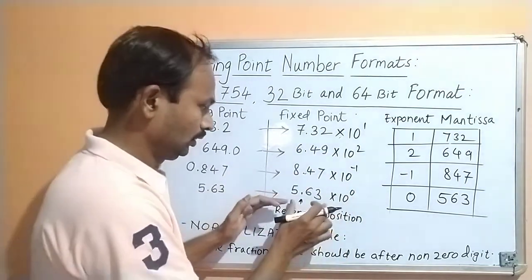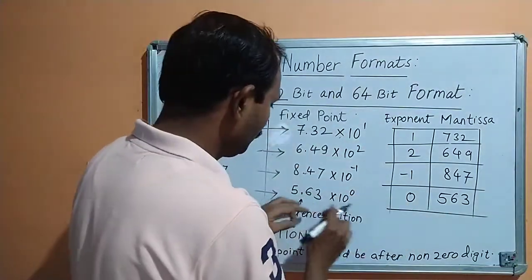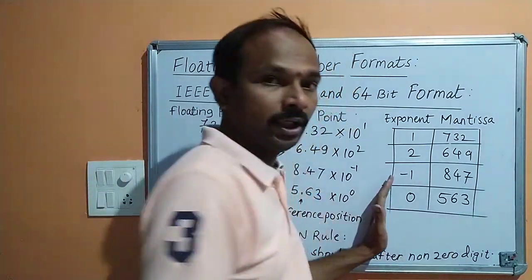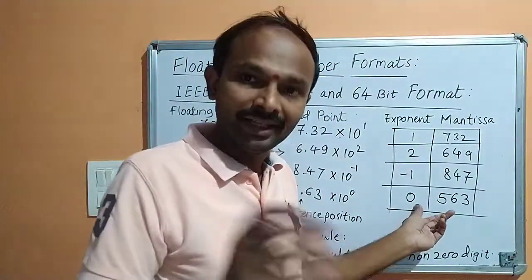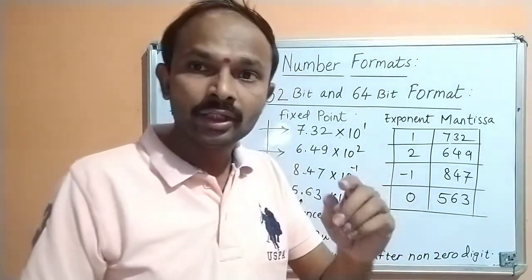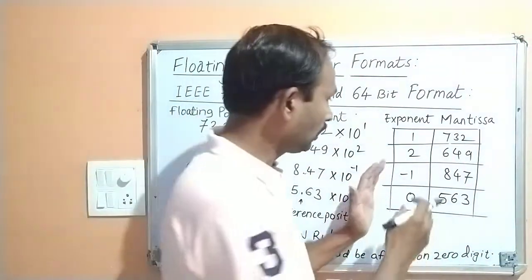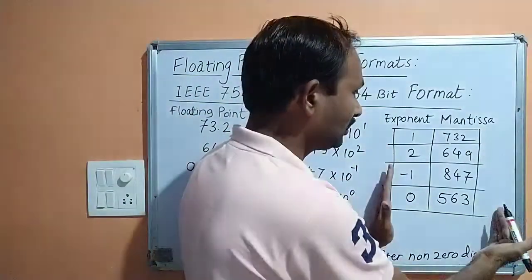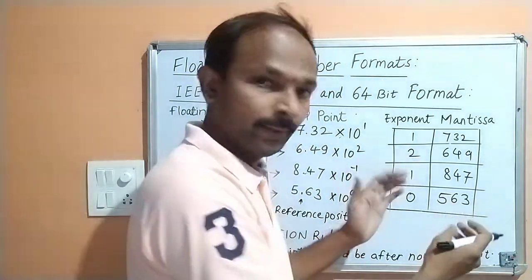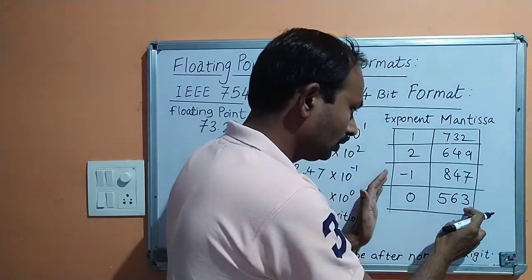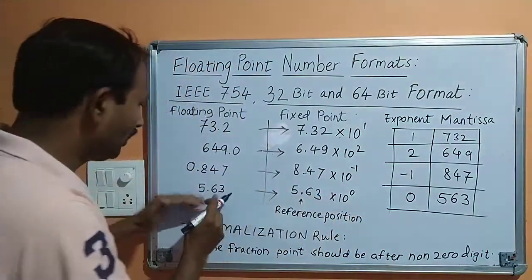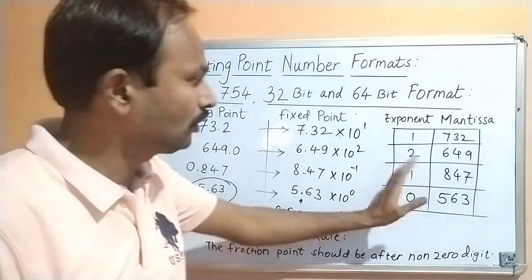Next example. So exponent is 0. The base value is 563. So inside the computer the numbers are stored as it is. See, because this being the decimal number, the computer can easily understand that, because after every non-zero digit the fractional point is there. So the computer knows only this much of the register stack, this much of the values, right? So it will have only this much of the value. So what it will understand is that it is 5.63 into 10 raised to 0. So it is 5.63. This is the value that we are getting after looking at this number.